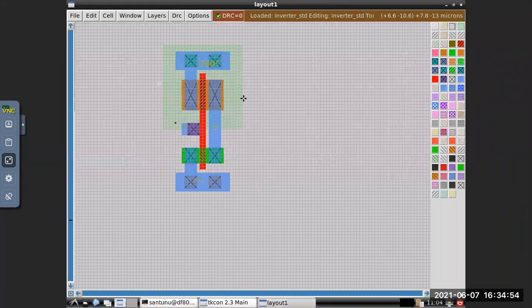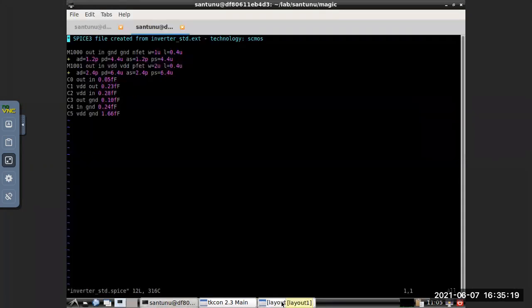This is VDD, and its metal is too wide. So due to that there is metal to bottom capacitance. Everything is connected to ground, so that VDD to bottom capacitance is too high. It's 1.66 femto.